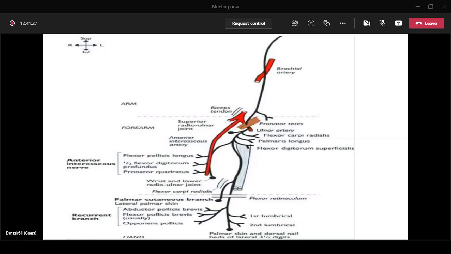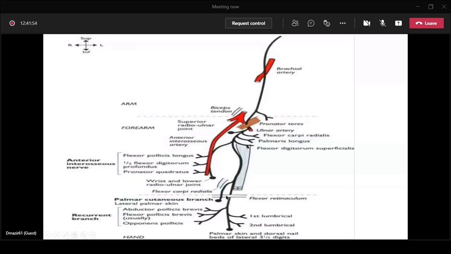And the common clinical problem at this point is that the median nerve is compressed at this level. Since the median nerve supplies the main flexor compartment muscles, all the muscles involved in vigorous muscular work by the hand and the forearm are affected. So this is also known as the laborer's nerve.